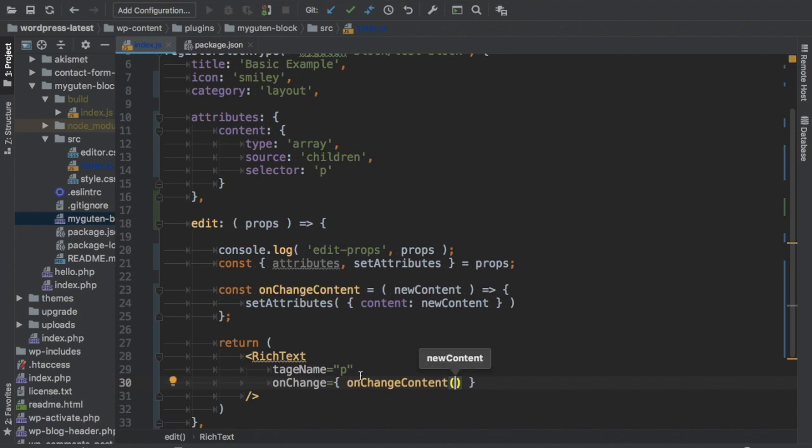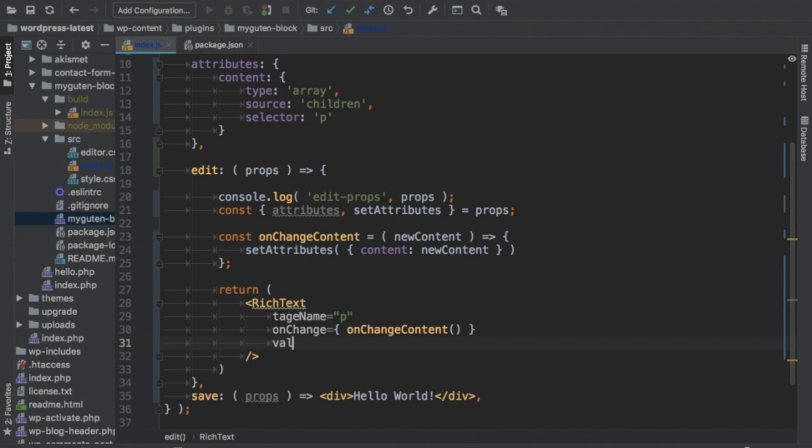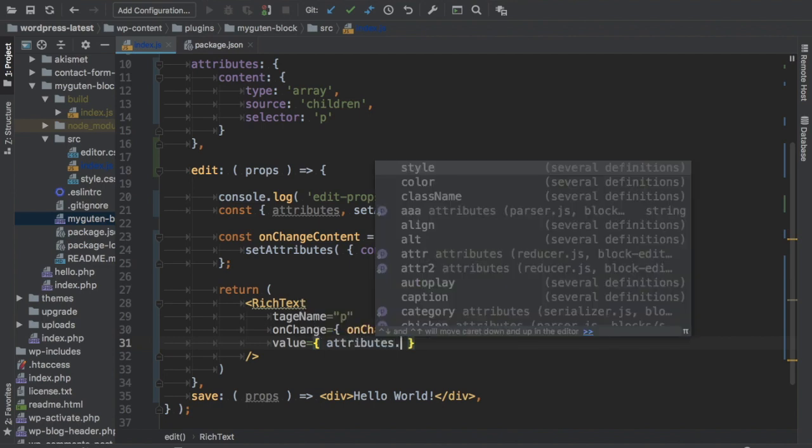So what will happen is when the user types something, this method will be called. Every time the user types, this method will be called, and this is going to call this method. New content will contain whatever value the user has typed, and the set attribute method is going to take that value and set our actual attributes content value to be the new content. Okay, now let's also pass a value over here, and this will be attributes dot content,